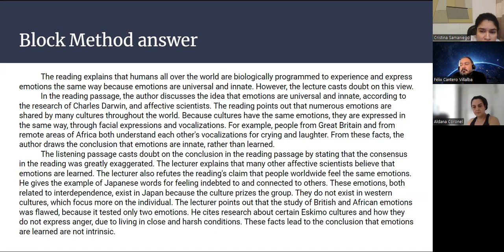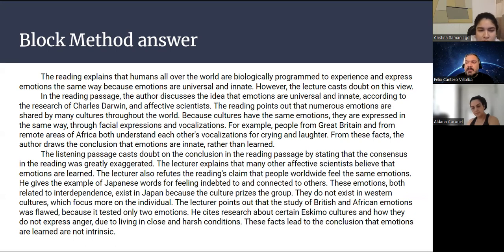They do not exist in Western culture, which focuses more on the individual. The lecturer points out that the study of the British and African emotions was flawed because it tested only 2 emotions. He cites research about certain Eskimo cultures and how they do not express anger due to living in close and harsh conditions. These facts lead to the conclusion that emotions are learned and are not